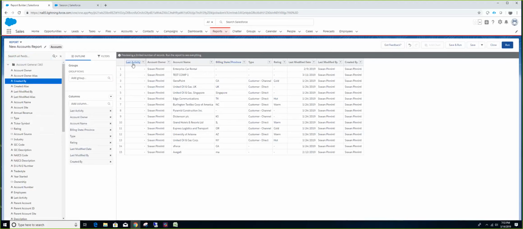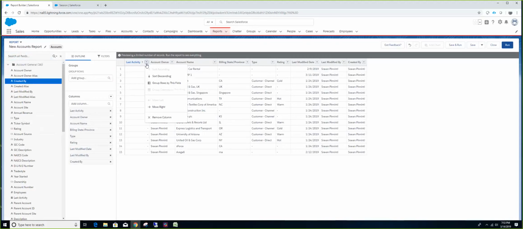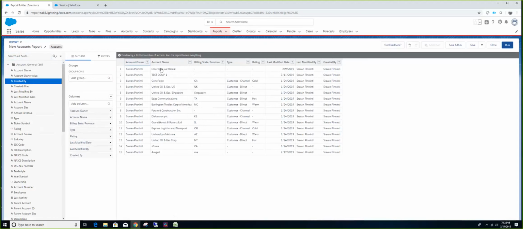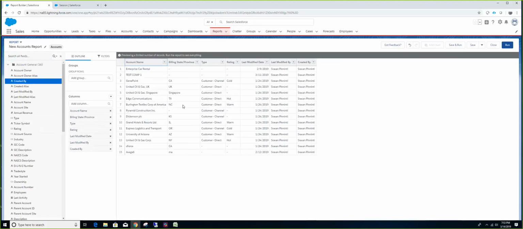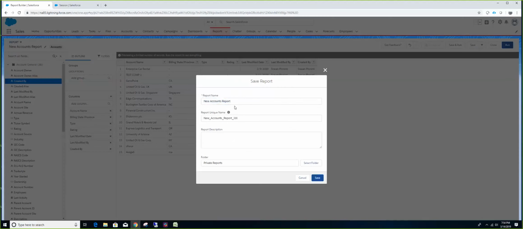If you don't want fields like this, you can always remove the column. If you don't want the owner, you can just remove the column. Okay, so you can basically do this kind of stuff, and you can just say save. I'm gonna say accounts